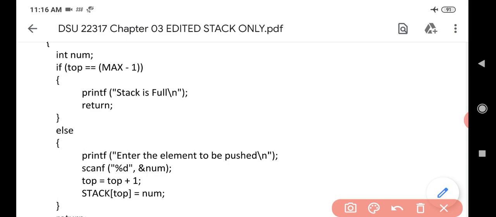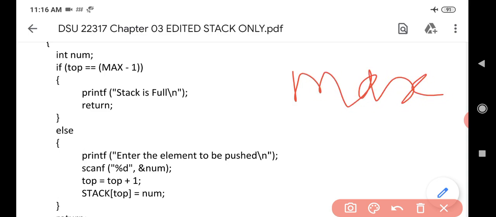So whenever you are pushing an element into the stack, please check whether your stack is full or not. So how will you check whether your stack is full or not? For that you must know the size of the stack, right? So you already know the size of the stack. In this case the size of the stack is max, right?